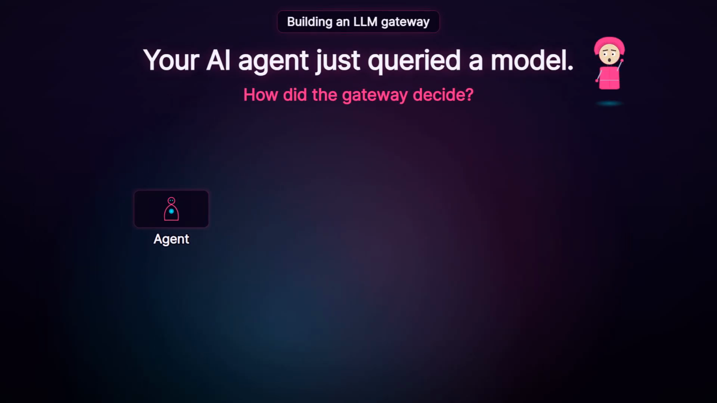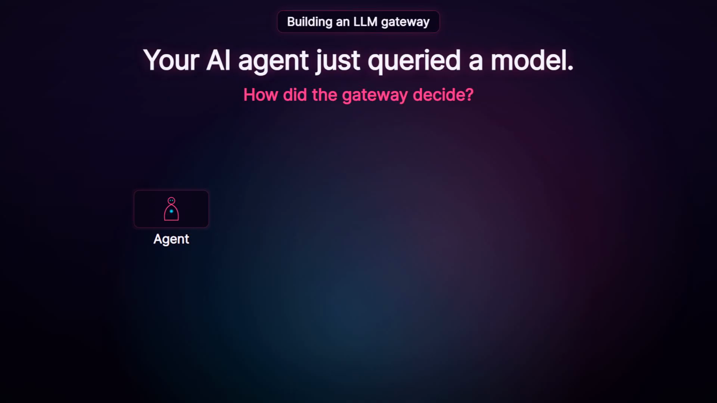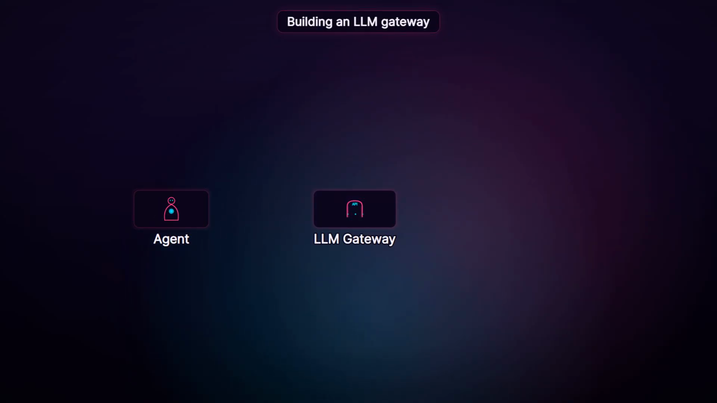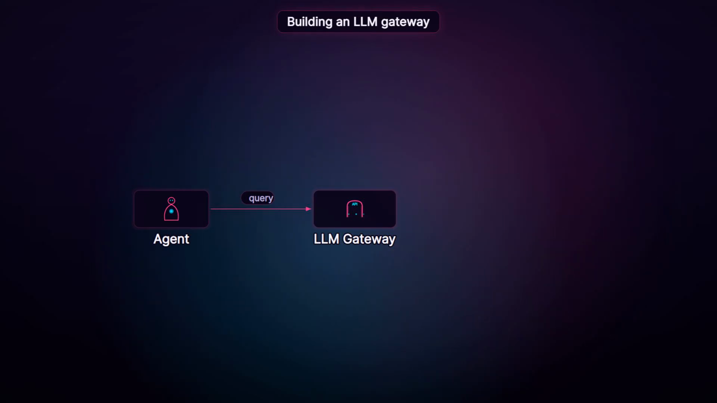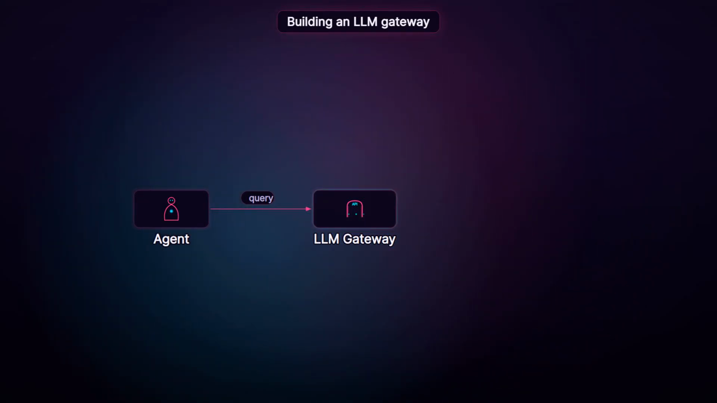Hey folks, how does an LLM gateway orchestrate requests? Most teams place a gateway between the agent and the LLMs. This component sits in front of the models to handle routing, fallback, and token management. When the agent sends a query, the gateway inspects the request, checks token budgets, and routes to the best available